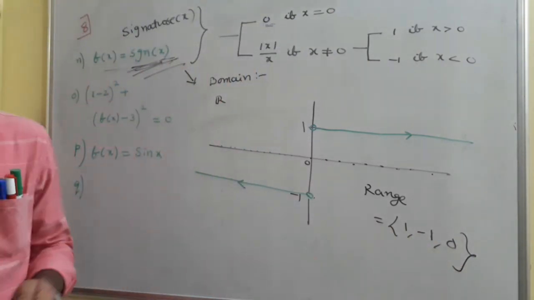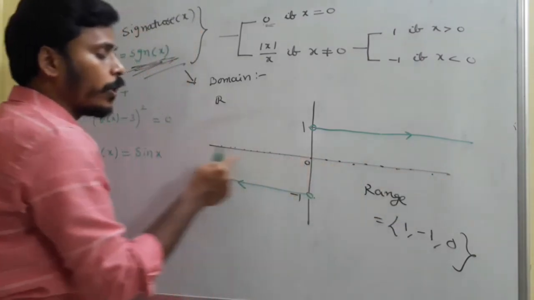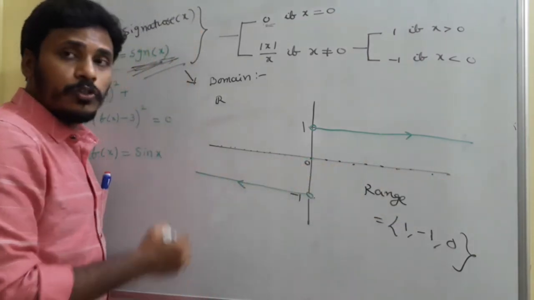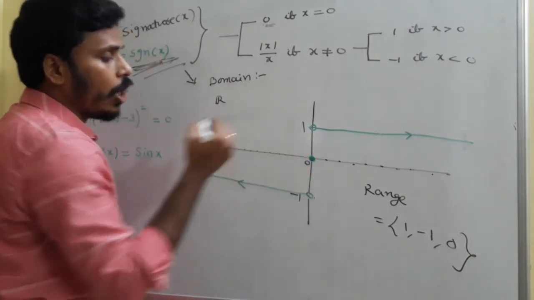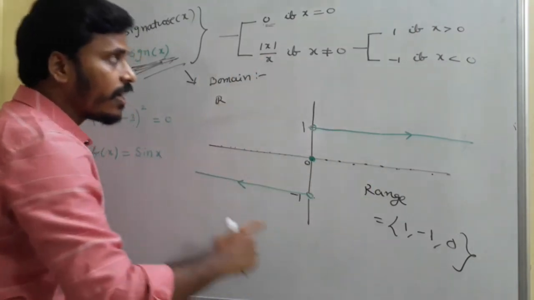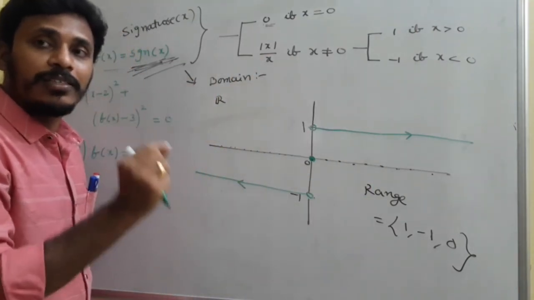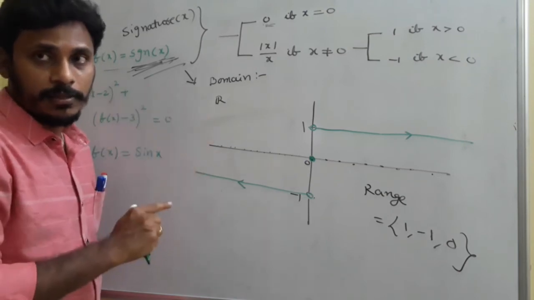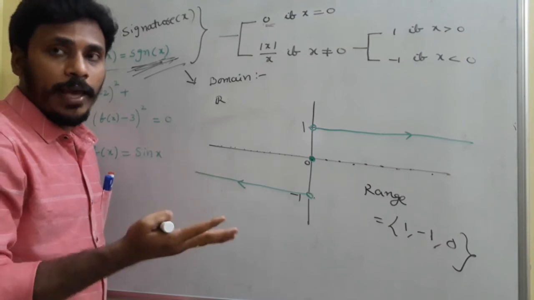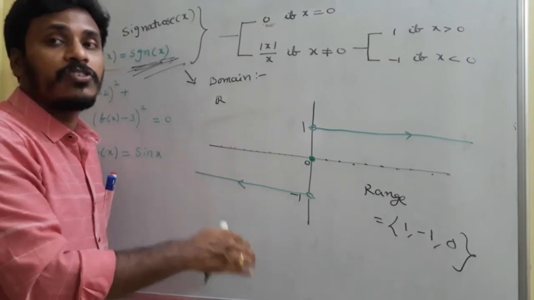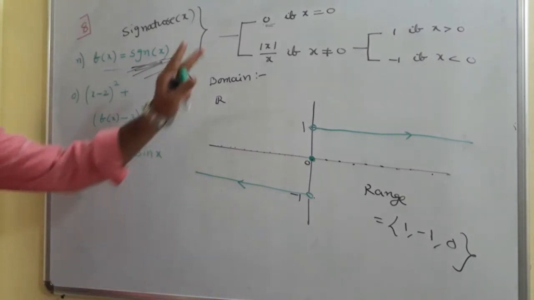Coming to the graph, we already sketched it for the x positive and x negative regions. Whereas if x is equal to 0, your answer is also 0. So you need to shade the green color dot here. Now this is the graph for the signature function of x. There is a small difference between the signature function of x and mod x by x. For mod x by x, at x equals 0, no value we have. For this we have a value, again 0, at x equals 0. You just observe the difference and then think about it.